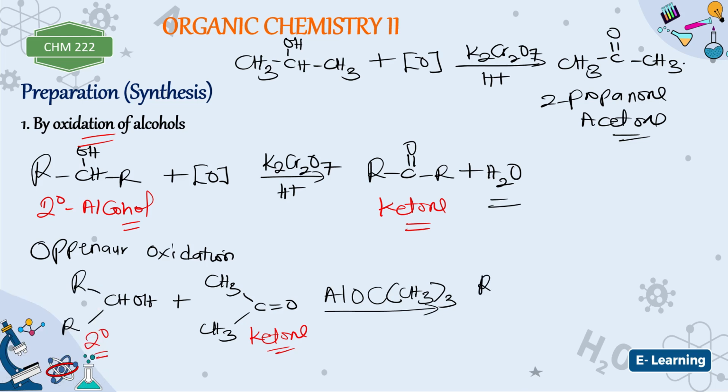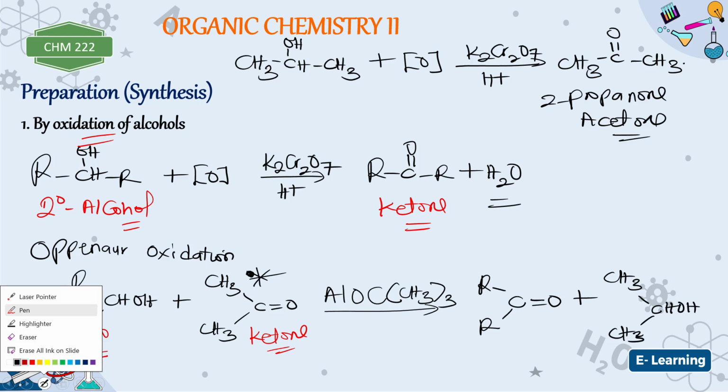So at the end of the day, this is what you are going to have. This is going to give us R, C, R. Here will be oxidized to ketone, so you have C double bond O, plus this group here, you can see it, will be reduced to alcohol. So here will be CH3, here will be C. So this will give us the corresponding alcohol. All right, so that is that for the